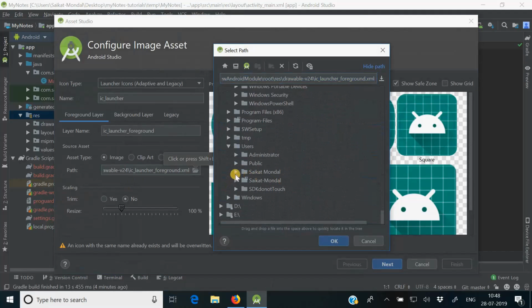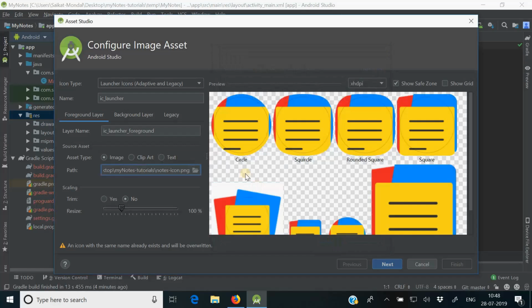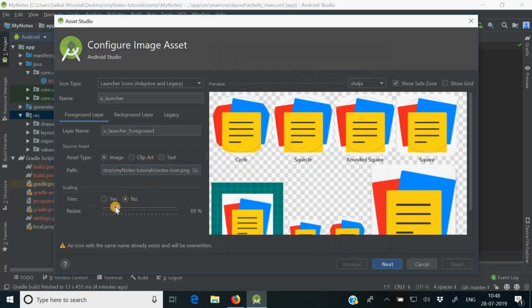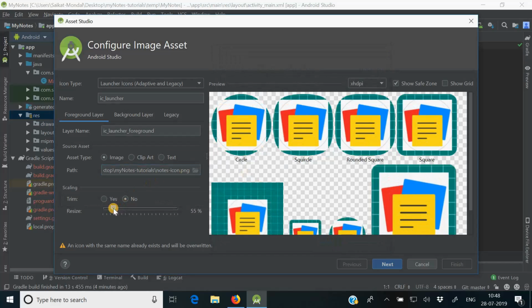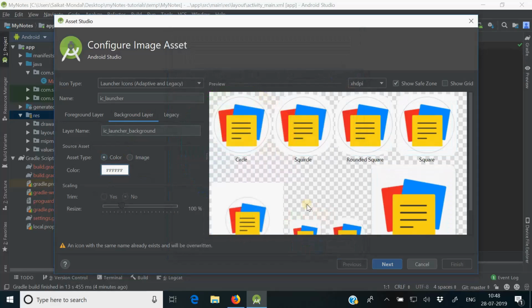So here is my icon. I've chosen it. Now I will resize it so that it fits properly. Here it is done. Now I'll change the background layer to color white. Okay, so from here next,